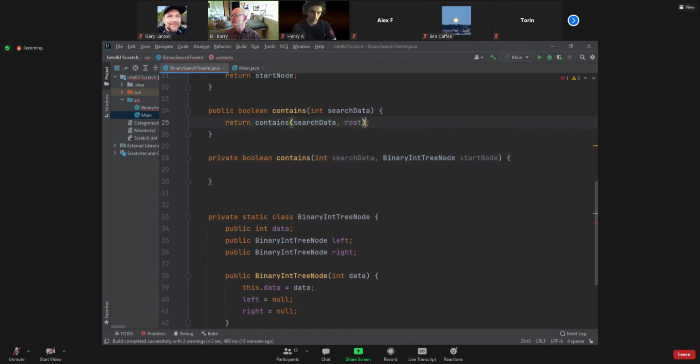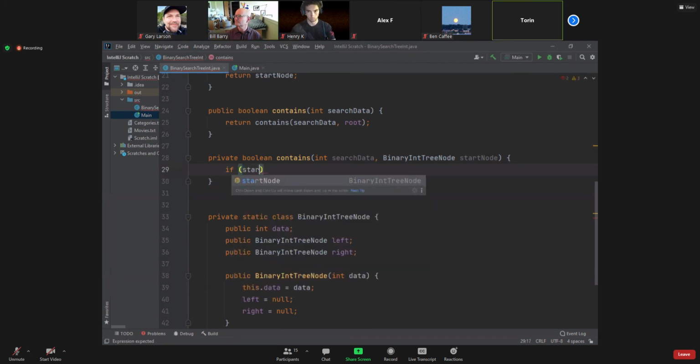The first one's always going to kick it off by calling that private recursive function with the root, because we got to start there. Now, how do we write our code now? Using everything we just learned, what are our two base cases? If the start node is null. If the start node's null,